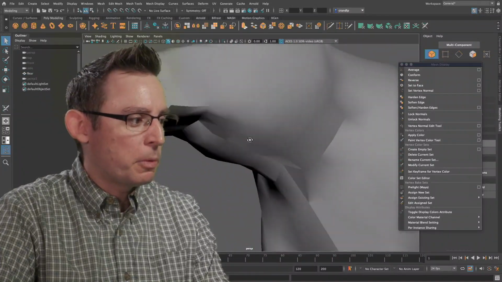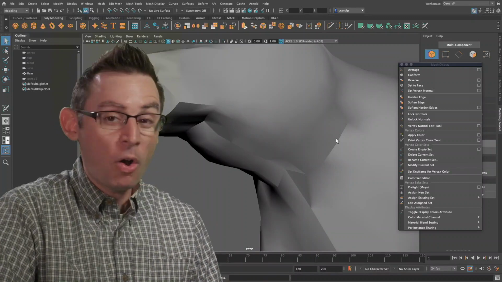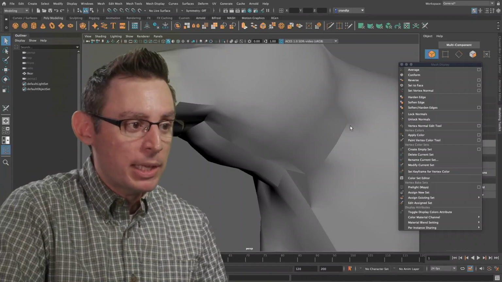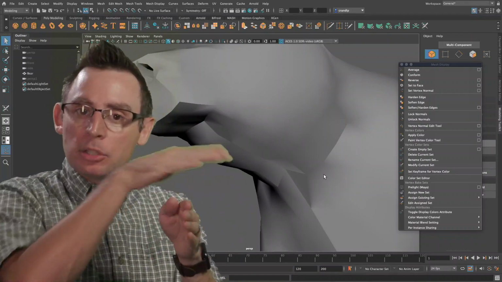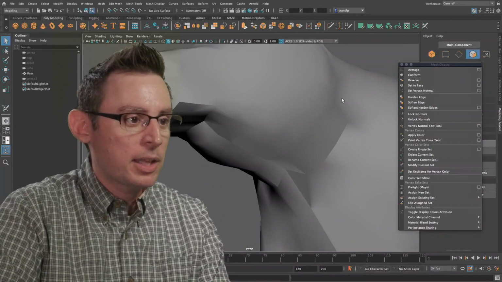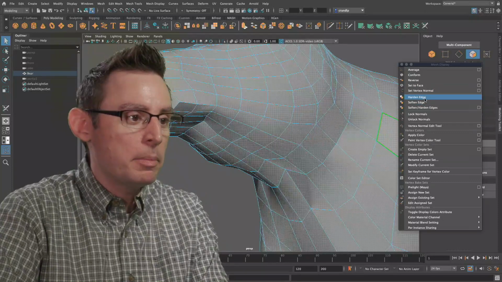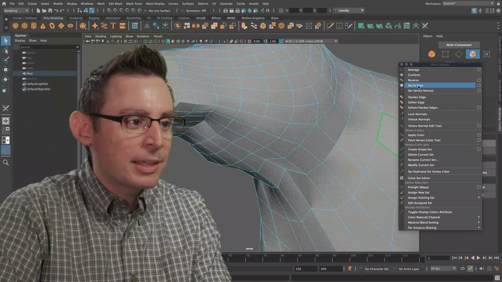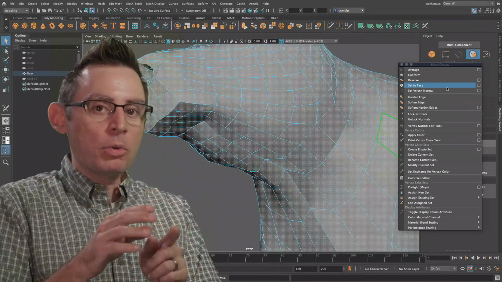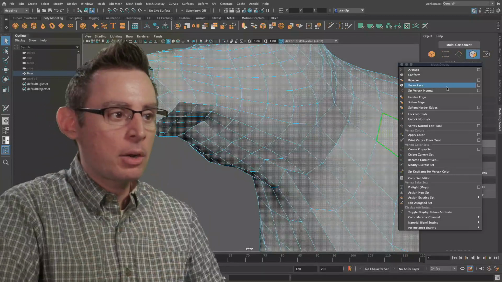This is what it looks like before, and I think the underside of the neck is such a great example. We see some very hard edges. The surface shading engine is stopping when it gets to this area, and it's not smoothing out how the light is going between all the different polygons. Let's fix that. Double click on all the polygons, and then inside of the Mesh Display pull-down menu, what we're going to choose is under the Normal section, Set to Face.